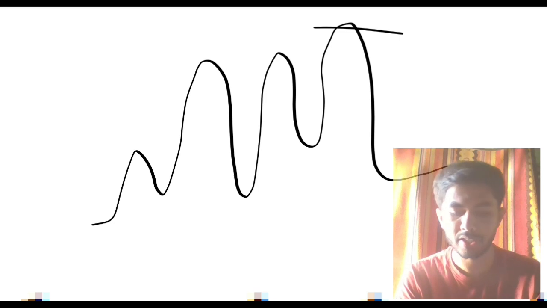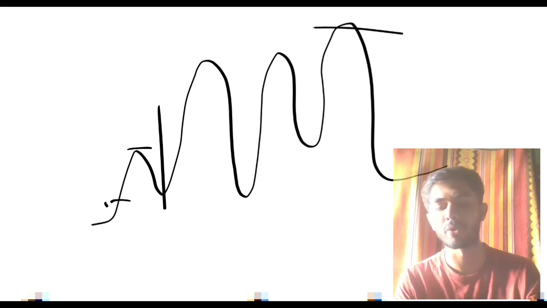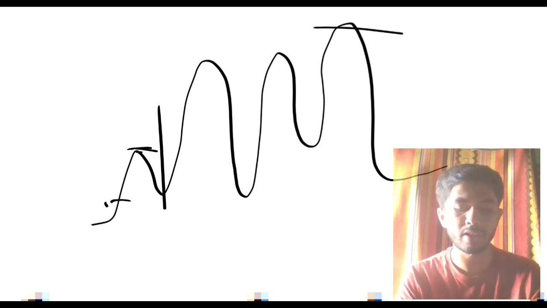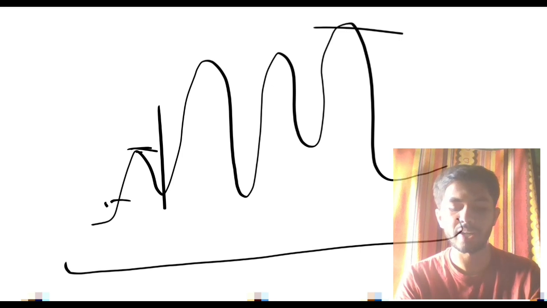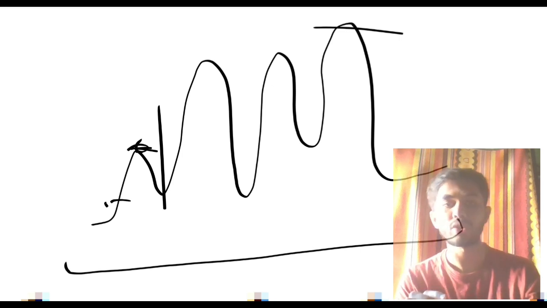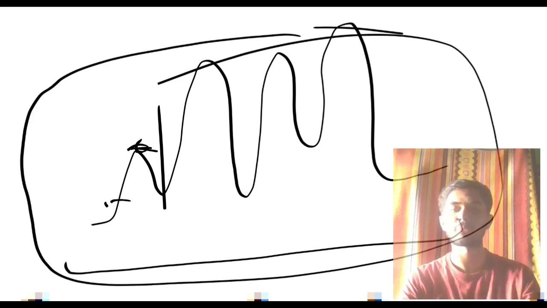But what will happen when you reach this one? You might think this is the peak. Why? Because in the past you never encountered anything and you're not concerned about what is above it. Till this point you have the peak. So the program might confuse this as the peak for the whole thing and take it as the final peak. That should not be done. So for that only we use heuristics. We know the whole context, then only find the answer. So this is one of the problems, which is hill climbing.